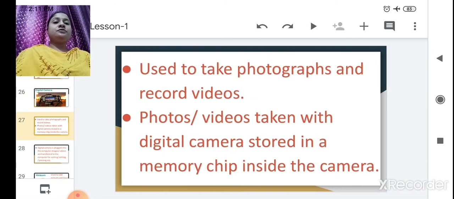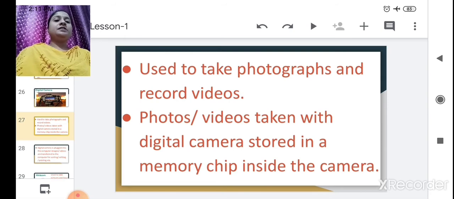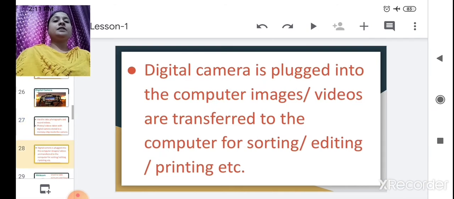Now we will see in detail. A digital camera is used to take photos and record videos. Just now I gave you examples of weddings and birthdays. Photos and videos taken with a digital camera are stored in a memory chip inside the camera. The digital camera is plugged into the computer.